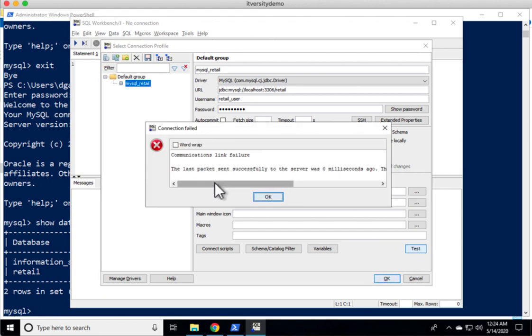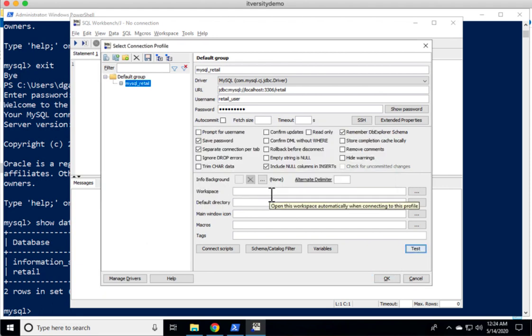However, it is complaining saying that the last packet sent successfully to the server was 0 milliseconds ago. The driver has not received any packets from the server, which means the information which we have passed is not good enough to be authenticated from the server. There is nothing wrong with the information passed, especially if you are running into these kind of issues. First, you need to make sure that all the information is correct.